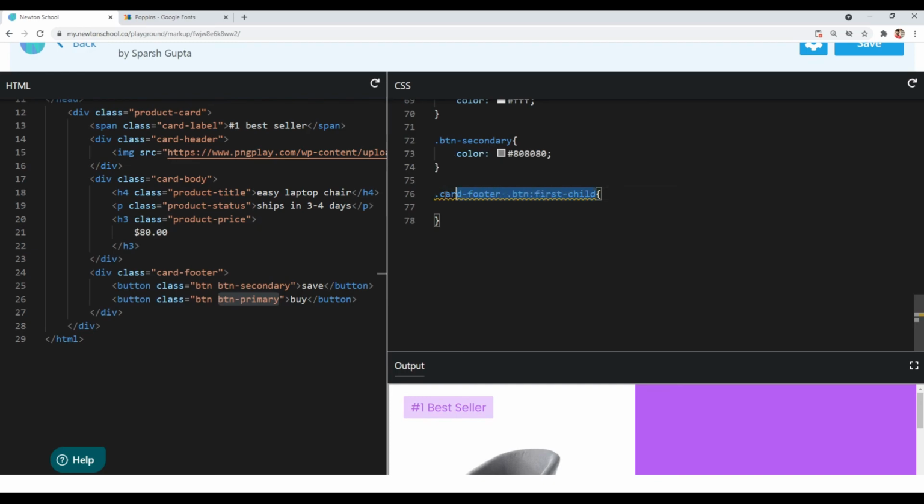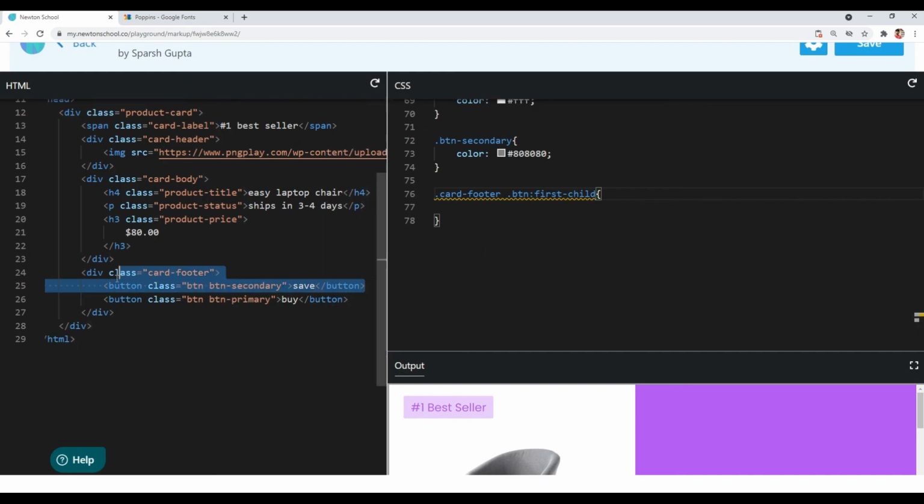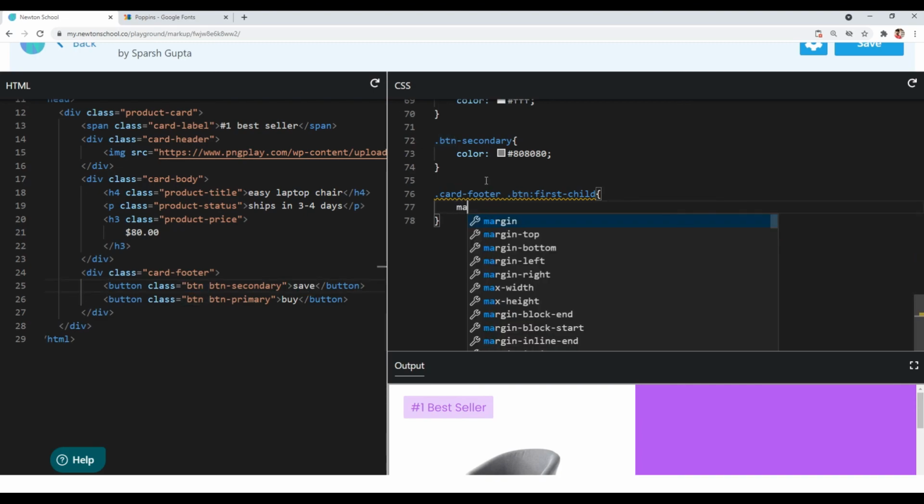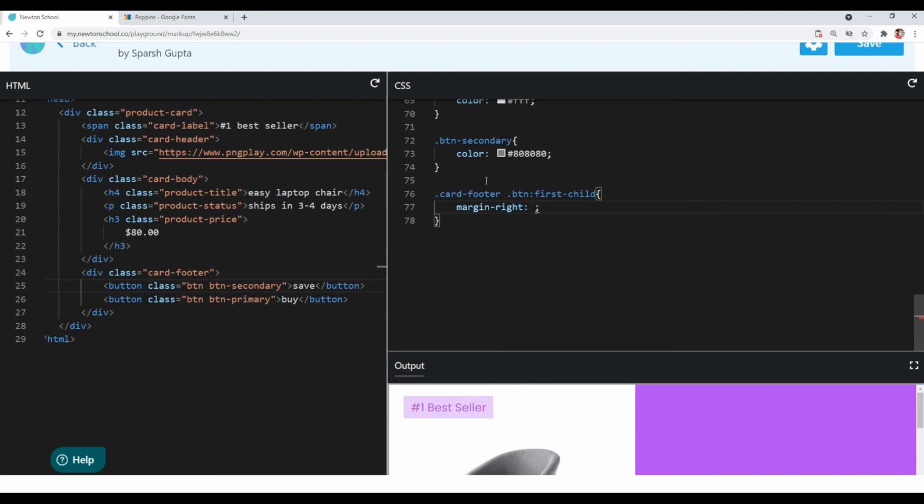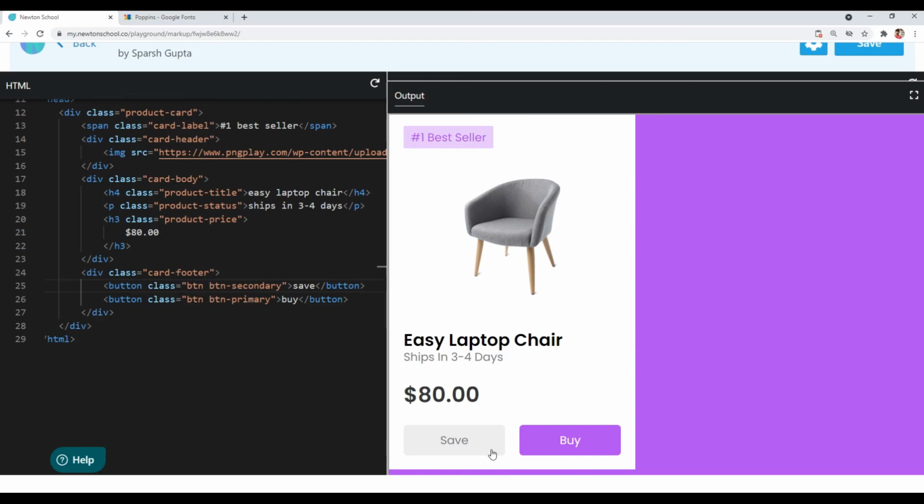So you will read it like select the first element in the card footer that has a class of btn. So you can see the first child in card footer that has a class of btn is our save button. So we are targeting the save button here, and I will give it a margin right of 20 pixels. So we will get some spacing here, as you can see.